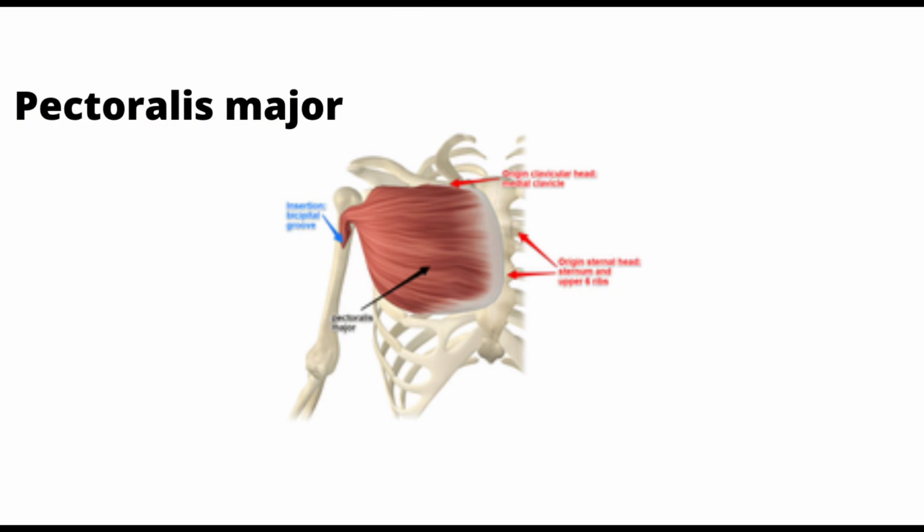Two parts of the pectoralis major. Clavicular head: starts from the clavicle, helps lift the arm upward and forward, and is targeted by inclined bench press or inclined push-ups. Sternal head: starts from the sternum and ribs, brings the arm down and across the body, and is targeted by flat or declined bench press,